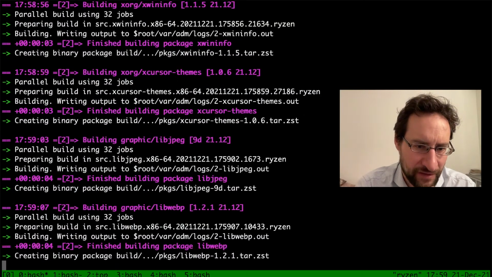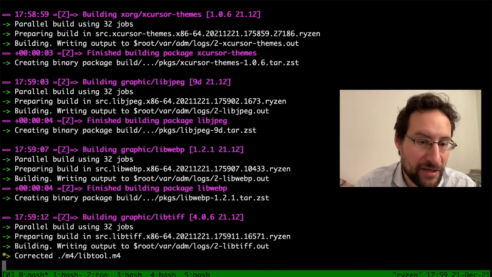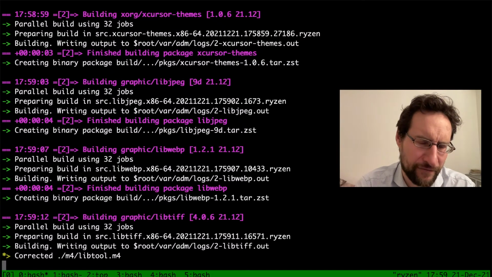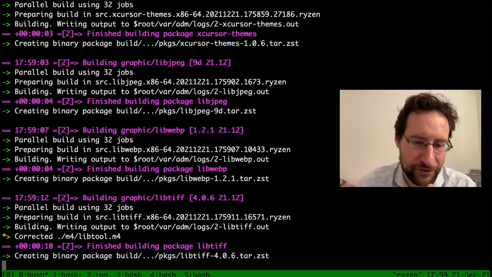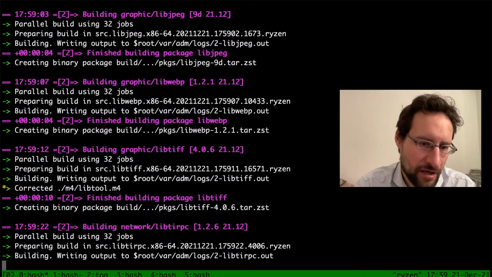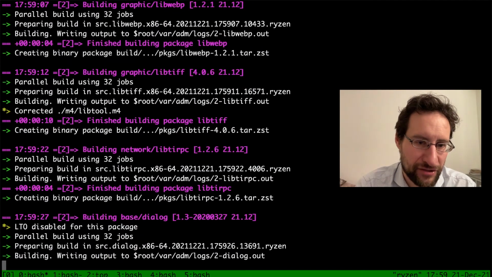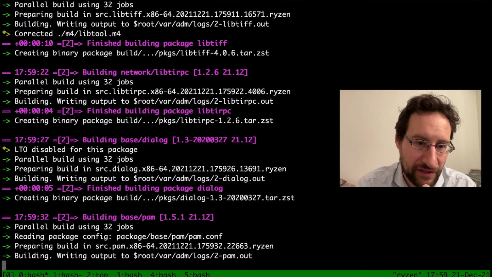Xcursor theme, libjpeg now, libwebp. Libwebp also only new. I think we added that for WebKitGTK recently, but certainly also nice to have some advanced image compression, decompression codec support on your fresh install, like libtiff, the tagged image format,